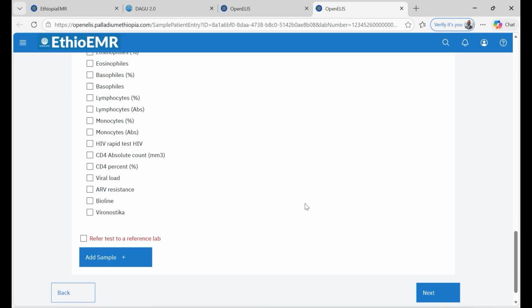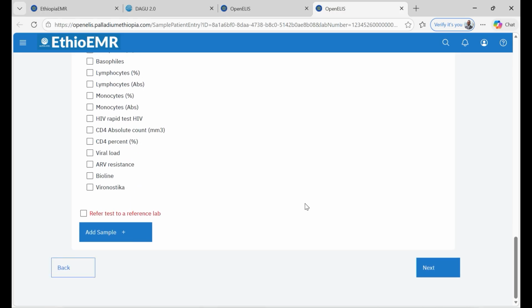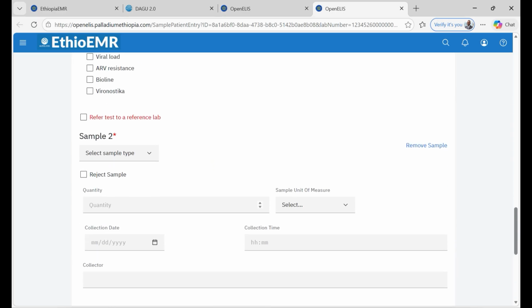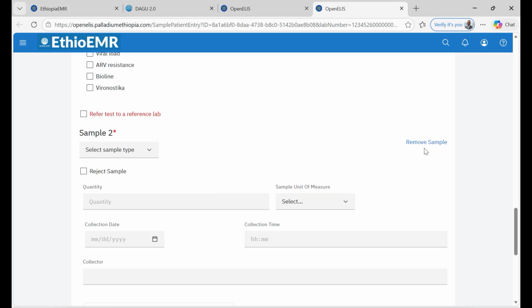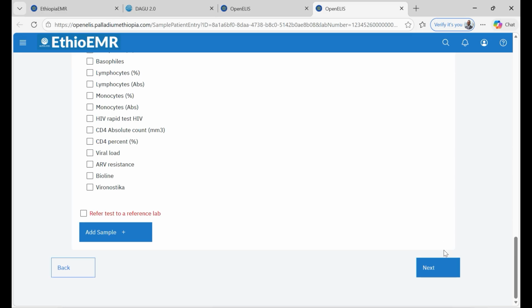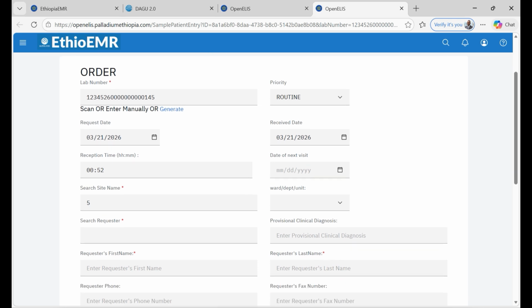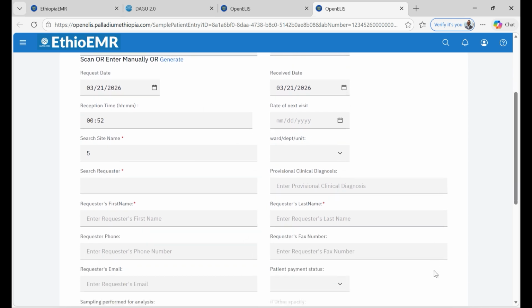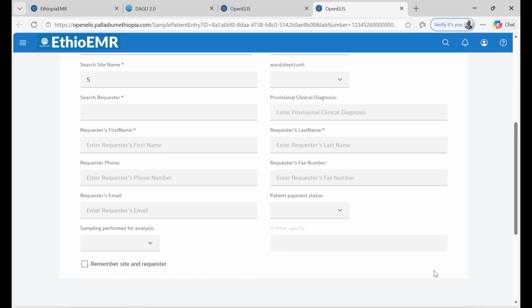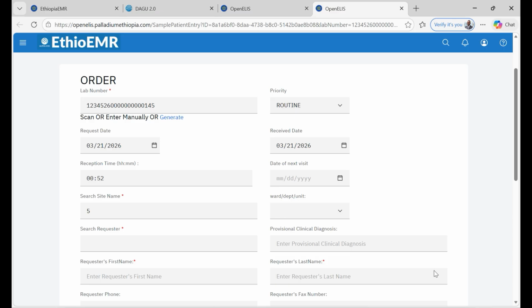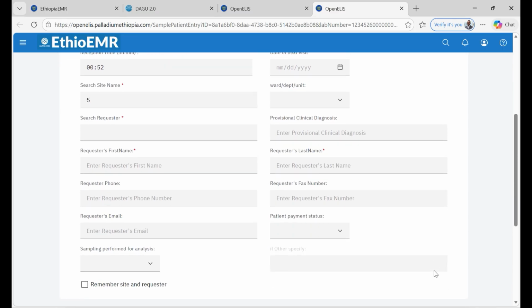The initial order. Then, if we want another sample, we can add a second option of adding another sample. Once we've done that, we click next and put in the information as to who is going to be receiving this result,